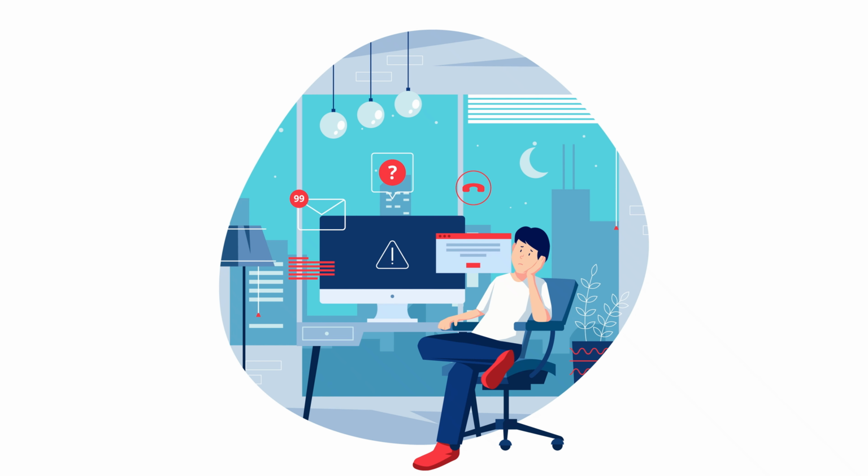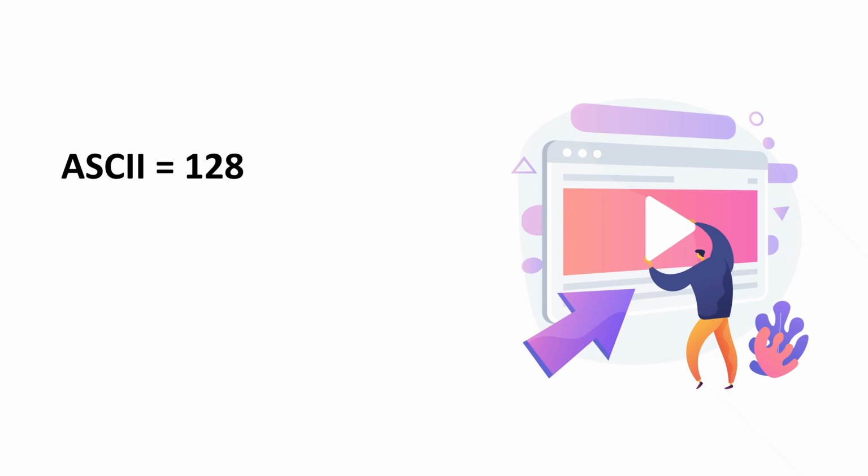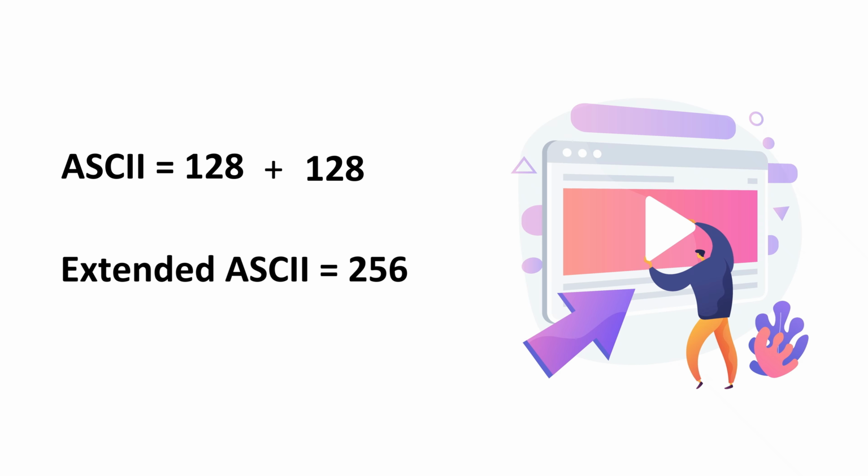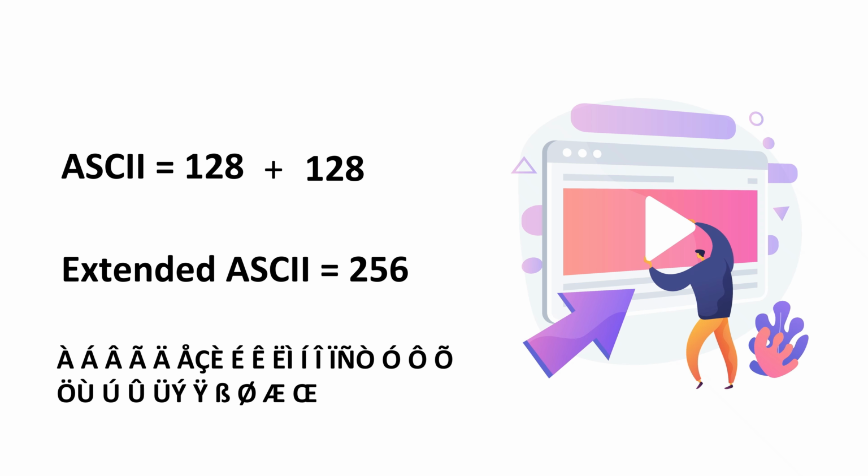When I first learned about extended ASCII, I thought it would fix our encoding issue, but it kind of took us a bit back to the time before ASCII. From our previous videos, we understood what ASCII was and that it could support up to 128 characters, right? And they decided to add an additional 128 characters to support symbols and letters for other languages that kind of had the same letters as English.